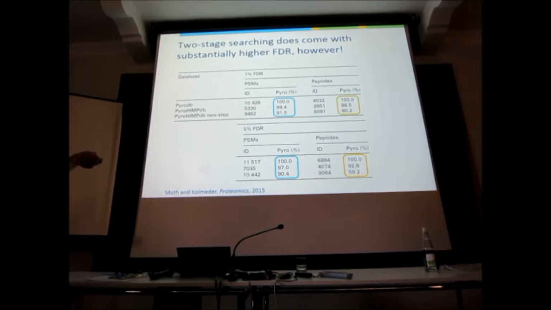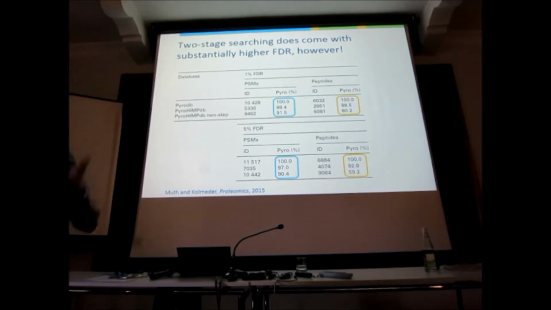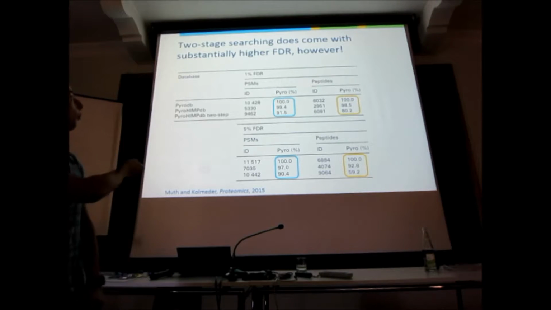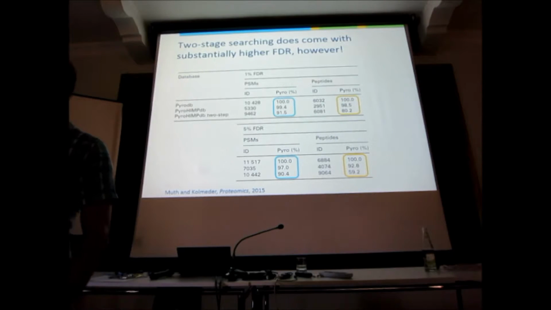We nearly completely rescue the identification count. Okay? So we go back to our 10,000 identifications. But 91.5% only comes from Pyrococcus. So we have an 8.5% false discovery rate. Okay? We asked for 1%. We underestimate eightfold